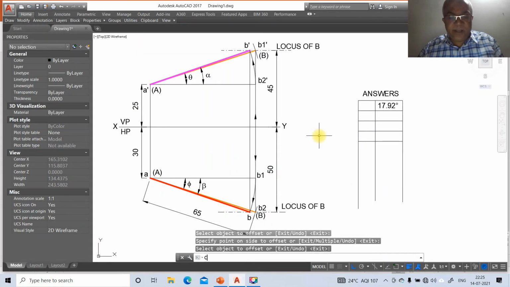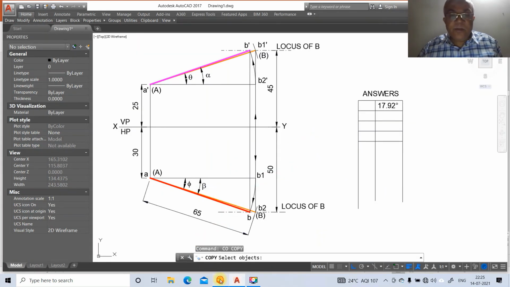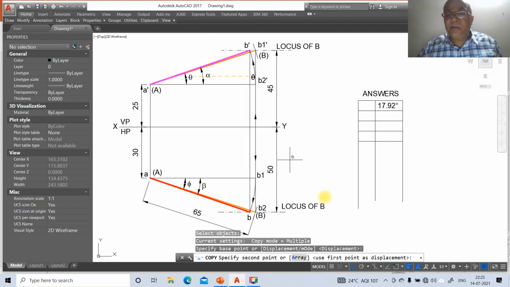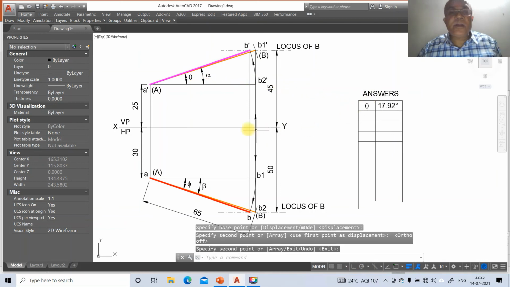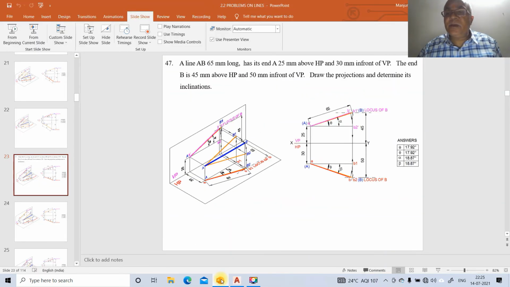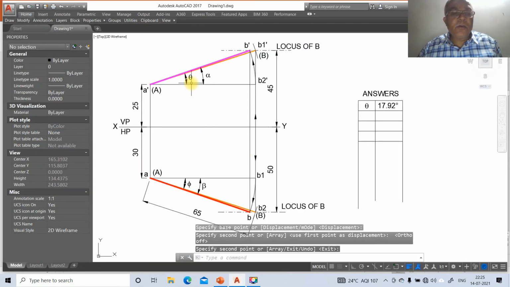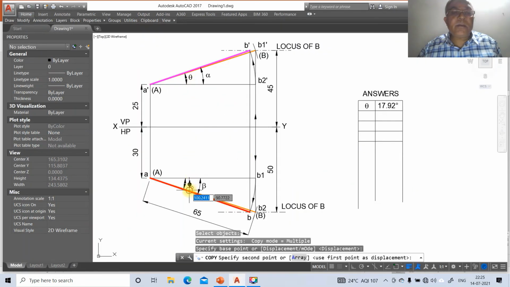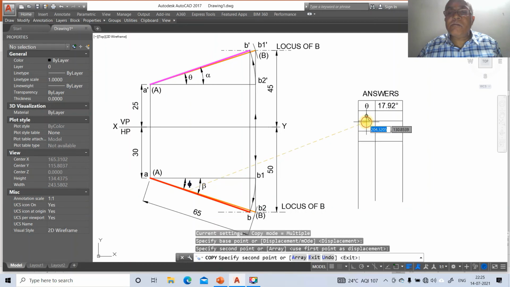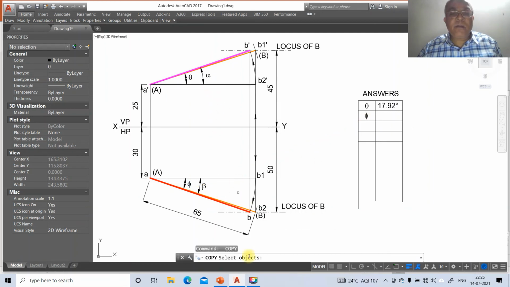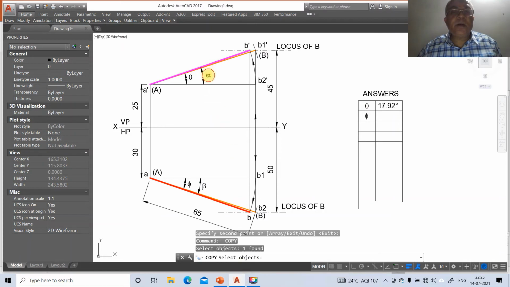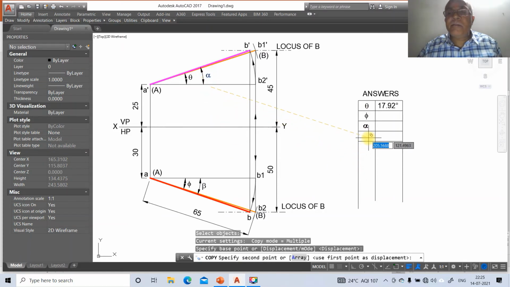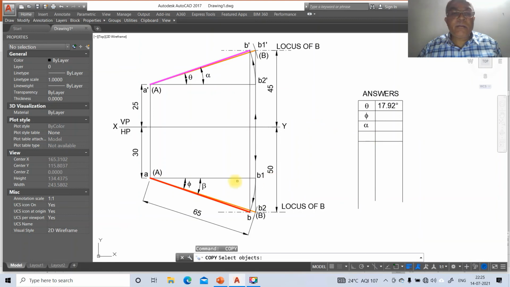So first copy phi, first one is theta, so copy this theta here, theta, then comes phi, copy phi, then alpha, beta. So you take alpha and you take beta.